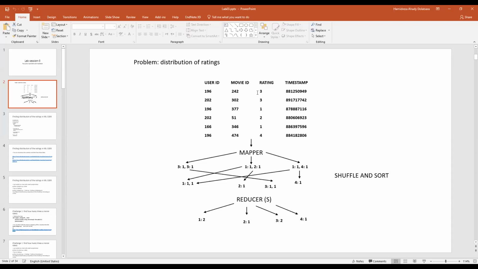So it's about calculation. Yeah, we just want to calculate how many ratings of 3, 1, 2, and 4 are repeated. Okay, very good. So as you see here,